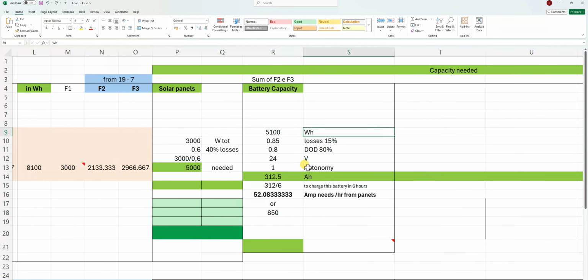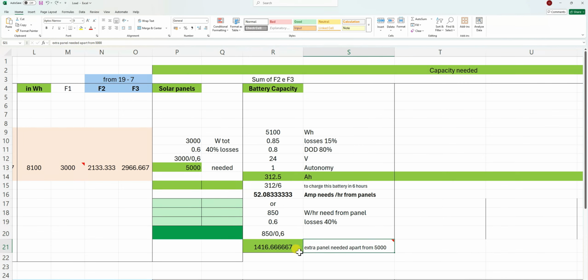This is the ampere hour, but if we see it in watt hour, I just divide my watt energy by 6 to get the watt hour that I will be needing from my panels. So it means the watt hour that I have calculated here, I needed this watt hour more to add in this so that I can charge my batteries within 6 hours. Okay, but we have to again put some losses, 40% of losses, and then I get around 1500 watts that